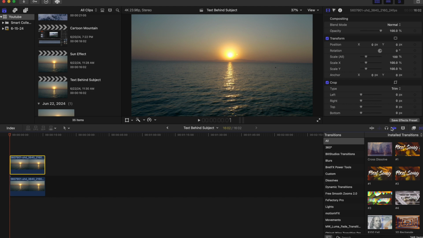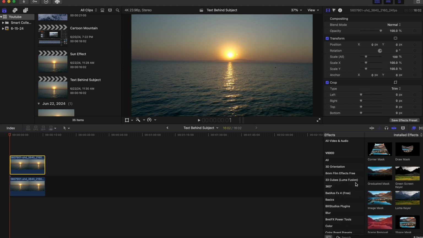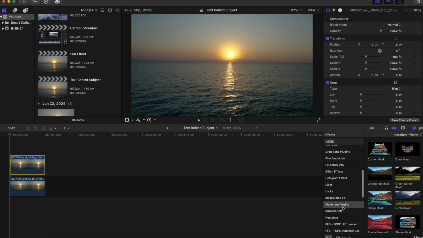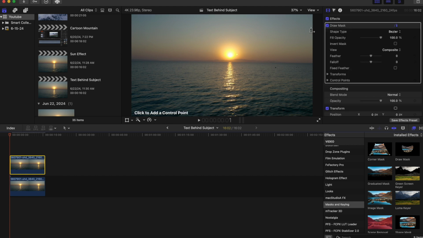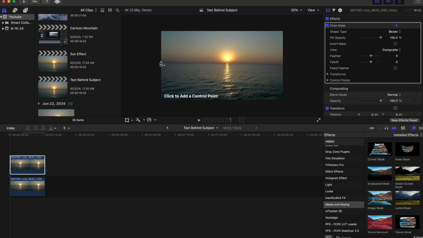Now I'm gonna go to the Effects tab and find Mask and Keying. And this is it right here. We're gonna drag that onto our top clip. And we're gonna zoom out just a little bit to about 25. And we're just gonna mask along this line right here,